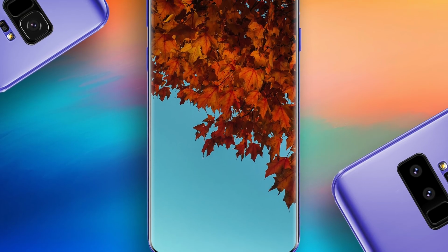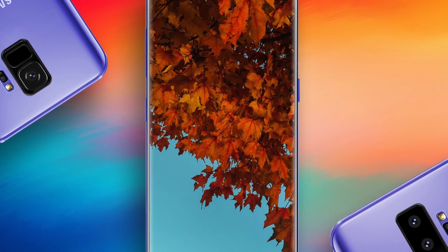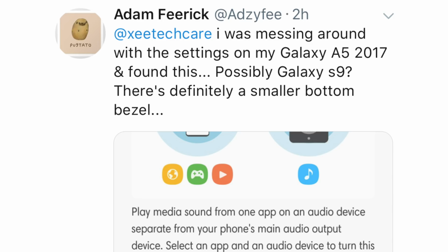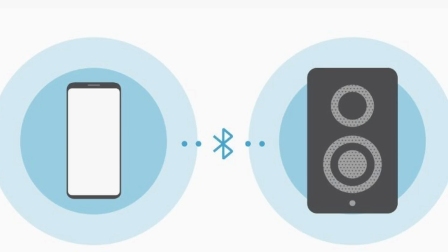They continue to play with our emotions, that sexy no bottom bezel design we saw before. It keeps haunting us everywhere throughout the UI. First up, this image was sent to me by one of my followers on Twitter, and the dude was using the Galaxy A5 2017, and in a separate sound option he saw this,